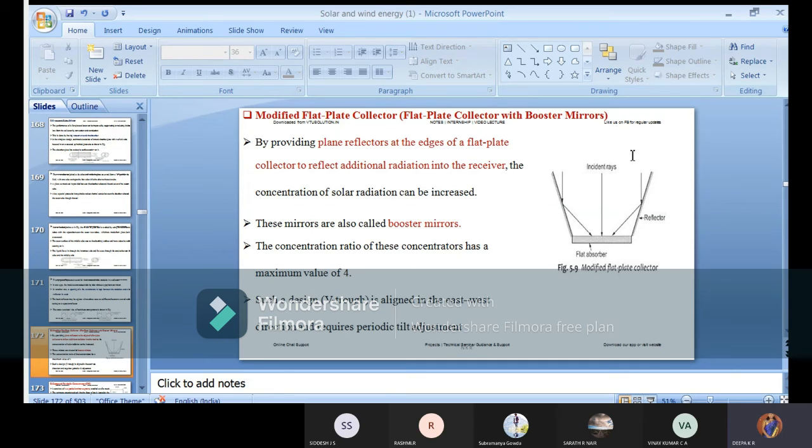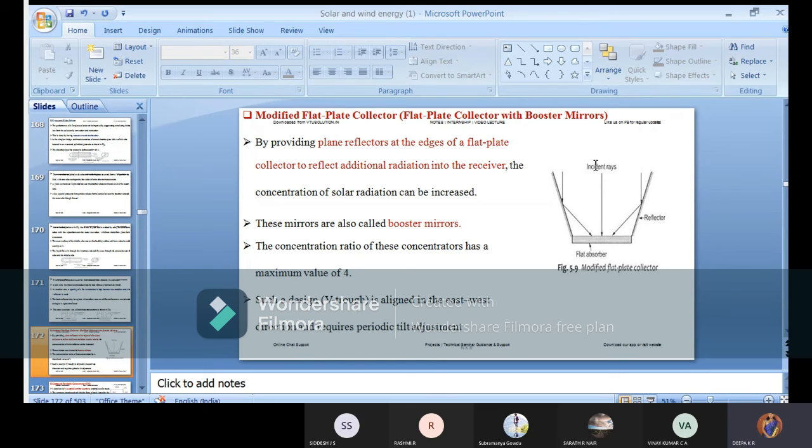That is, of course, construction and structure. We have to consider how it will be. So first we'll see the figure, how it looks. See, this is the flat absorber. You just consider this as a normal collector, how we are going to use it. But in addition to this absorber, normally in earlier cases reflectors are kept at the base itself. But here your reflectors are kept on the left and right as slanted wings.